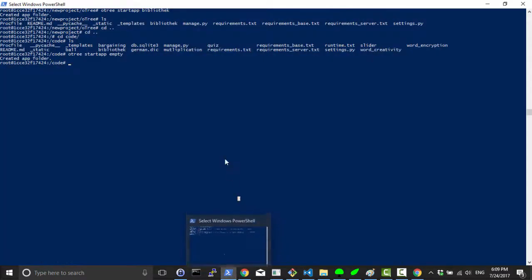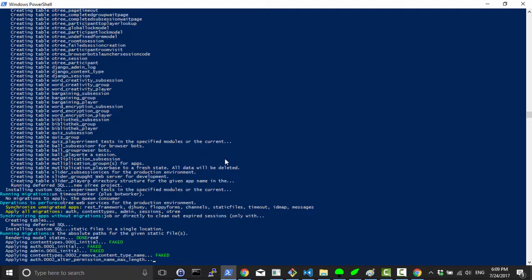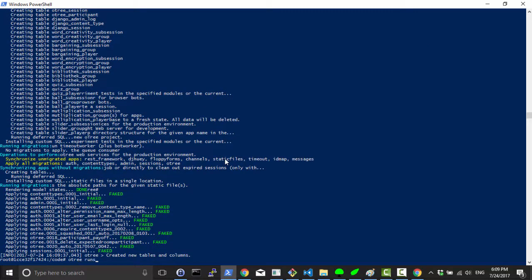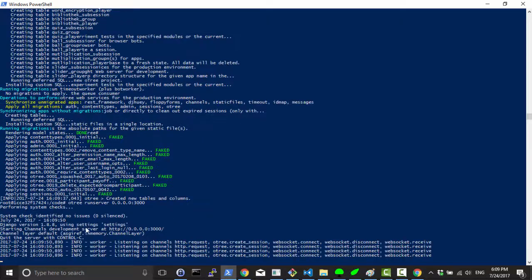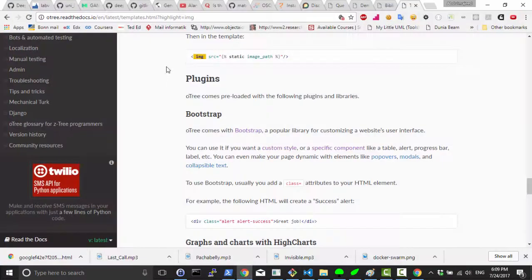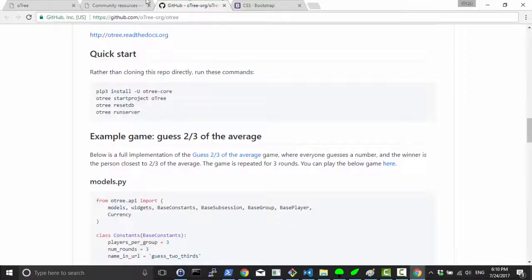When I start oTree, first I need to reset the database, otree resetdb. This would delete everything from the database and then recreate all of the models. Say yes. Then otree runserver, and then the port. Basically this is the command to run the server on every single interface on the computer on port 3000, and because I am running it inside of Docker, I have